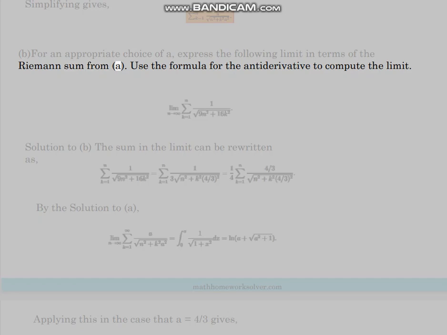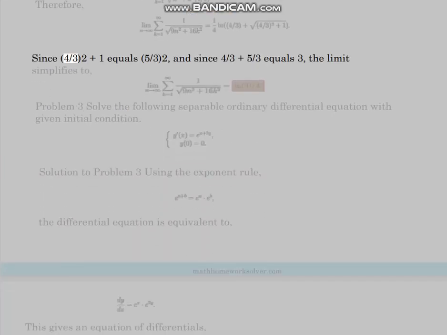B. For an appropriate choice of a, express the following limit in terms of the Riemann sum from A. Use the formula for the antiderivative to compute the limit. Solution to B. The sum in the limit can be rewritten as, by the solution to A. Applying this in the case that a equals 4/3 gives, therefore, since 4/3 plus 1 equals 5/3, and since 4/3 plus 5/3 equals 3, the limit simplifies to